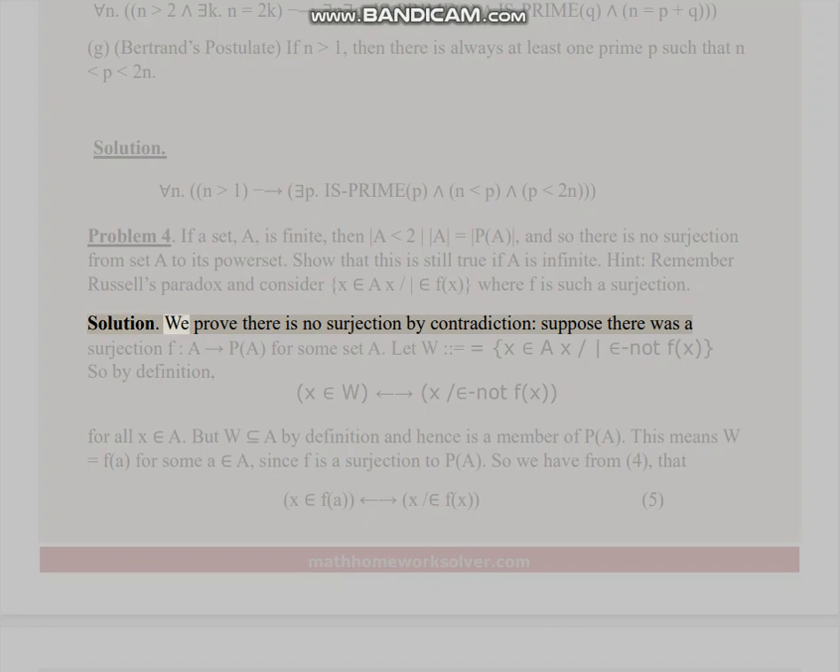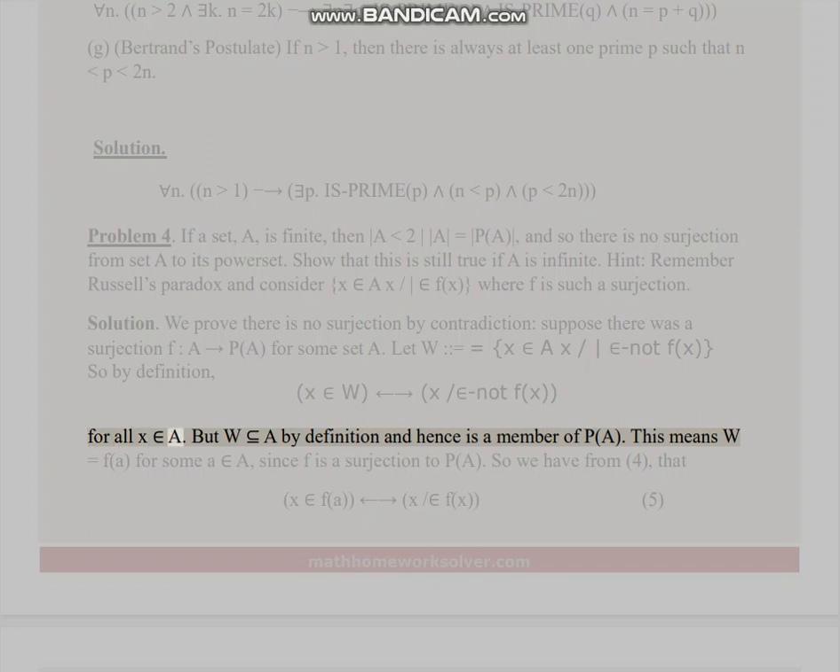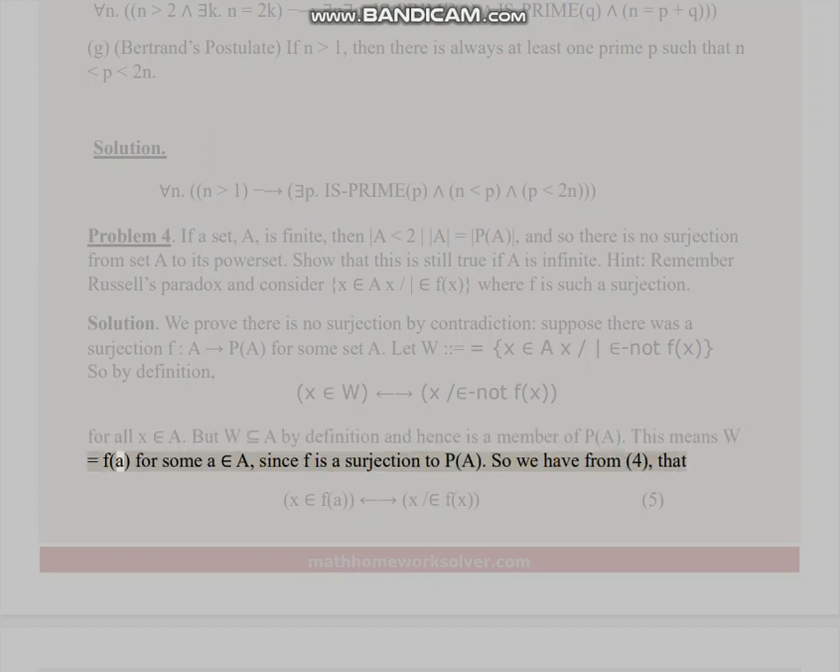Solution. We prove there is no surjection by contradiction. Suppose there was a surjection f: A → P(A) for some set A. Let W = {x ∈ A | x ∉ f(x)}, so by definition, for all x ∈ A, x ∈ W iff x ∉ f(x). But W ⊆ A by definition and hence is a member of P(A). This means W = f(a) for some a, since f is a surjection to P(A). So we have from (4) that